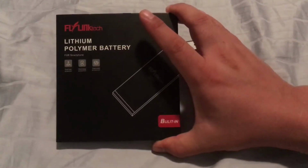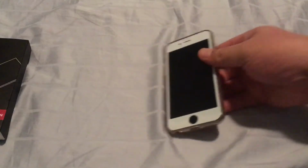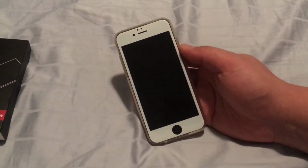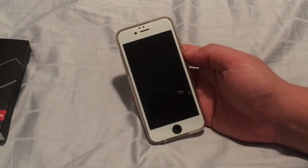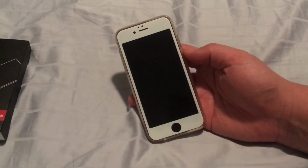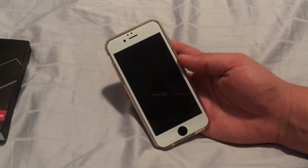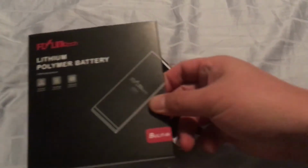And once I added this aftermarket battery, you can get any aftermarket battery, it doesn't really matter. This cost me $16 and then I replaced it myself. Apple replaced your battery for $40. I'm not sure if they charge tax, but the nice thing about aftermarket batteries is you can get one with